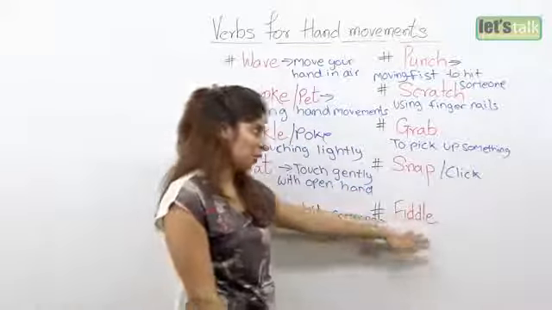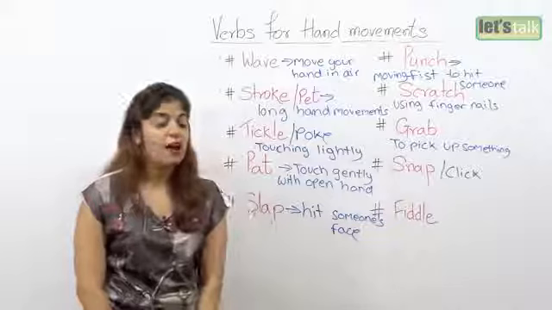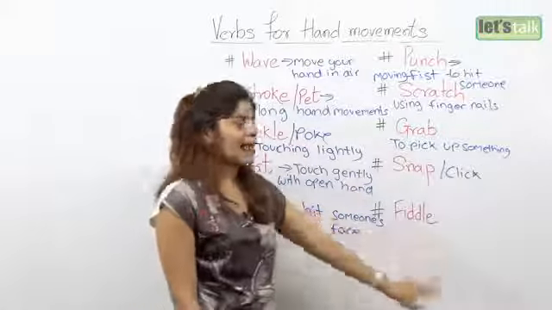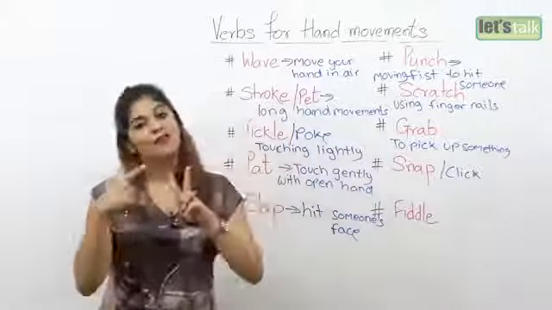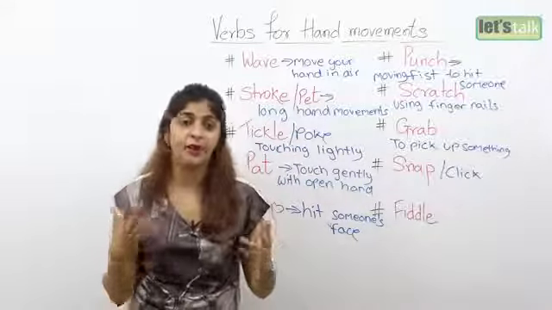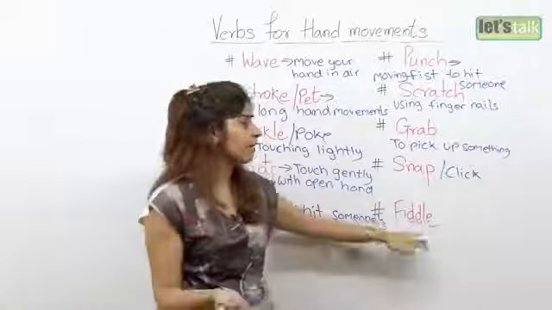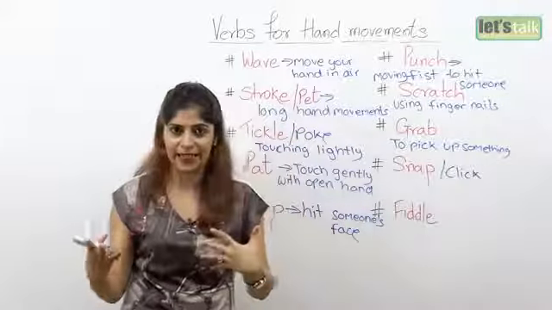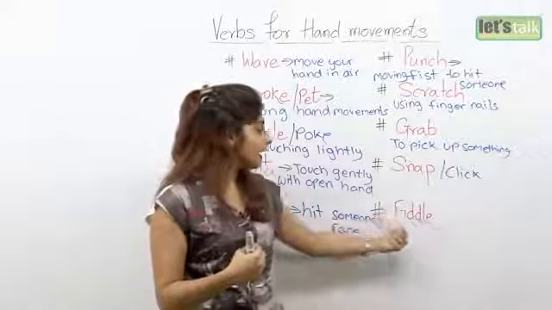And then the last verb that I have for you is fiddle. Now fiddle has two meanings. The first one is when you play a violin. Okay, so when you play a violin, it's actually called fiddling. And another meaning to this verb is,